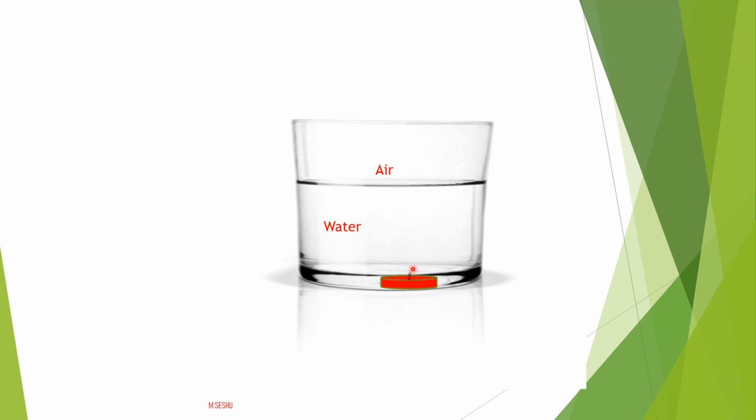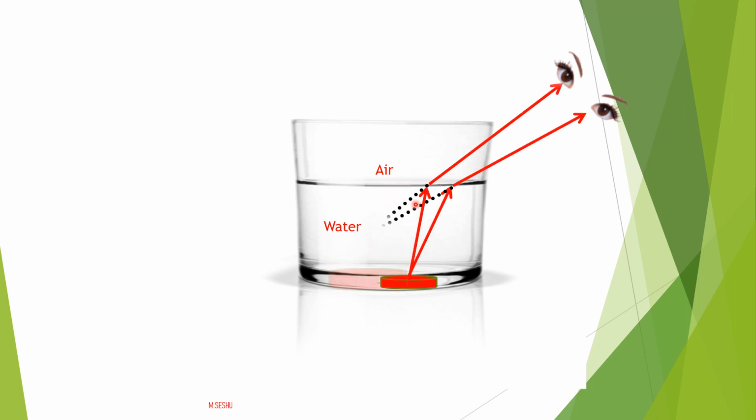Now light rays are coming from the coin. See, these light rays are traveling in water in a straight line. When there is a difference in the media, here is the air, here is the water, so this is the boundary or the interface. We call it the interface. Above this boundary is air, below this is water. There is a surface of separation between air and water.